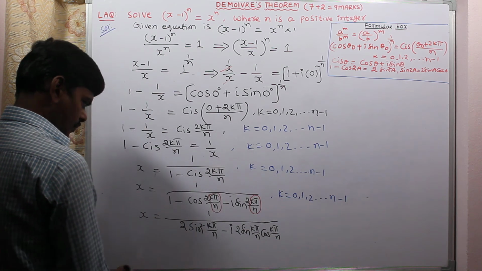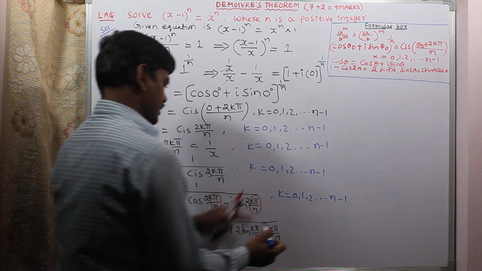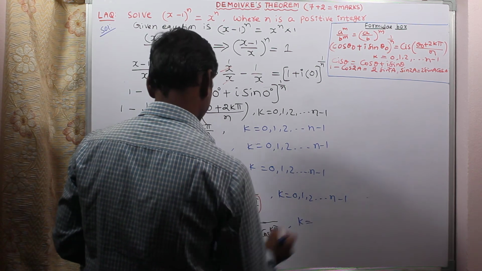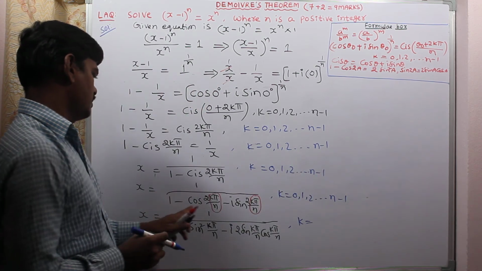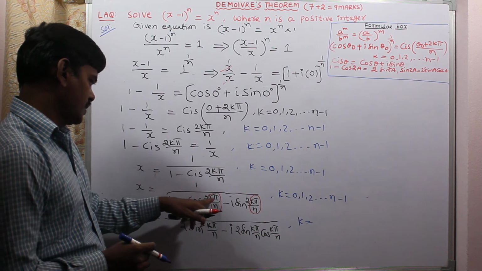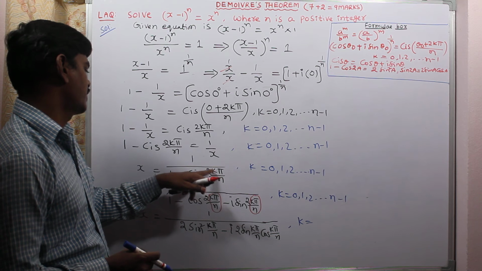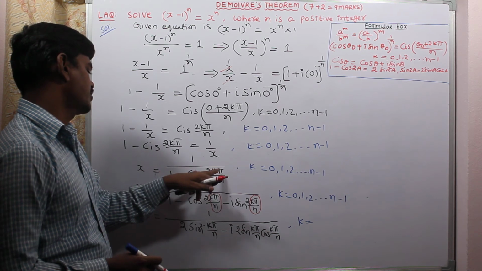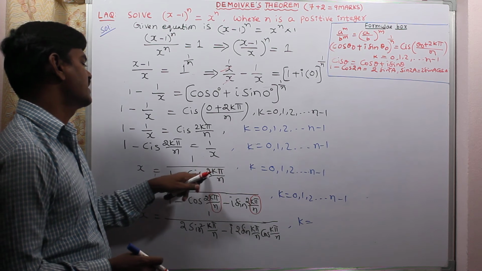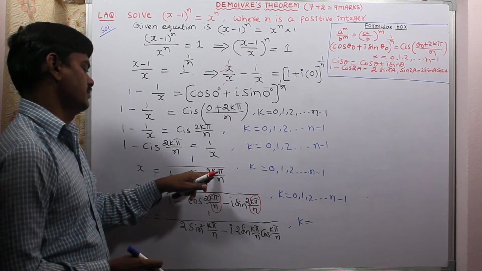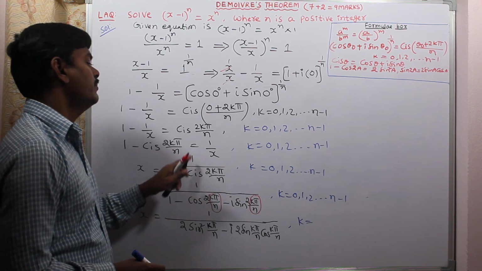Now what is the next possible simplification? Okay, we should write here the range of k. Don't forget to write the range of k. And so suppose if you see here, on substituting k value 0 from this step onwards, cis 0 value is 1. 1 minus 1, 0. Something by 0 becomes infinite.